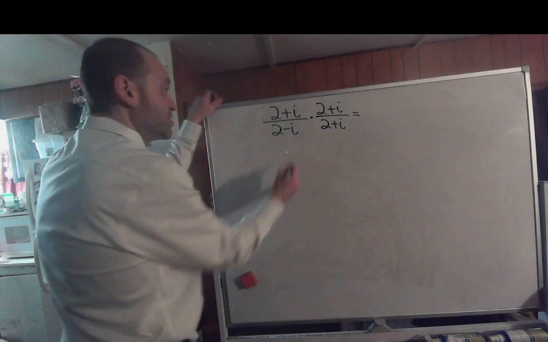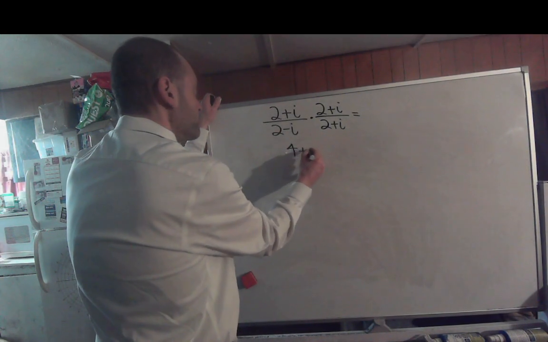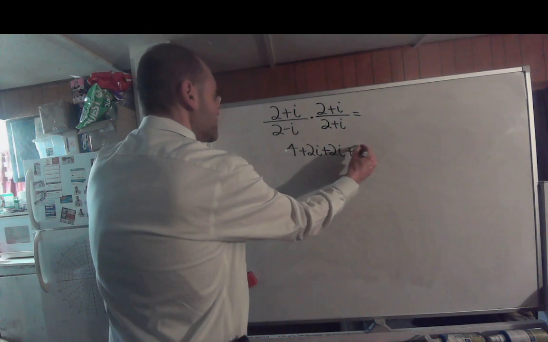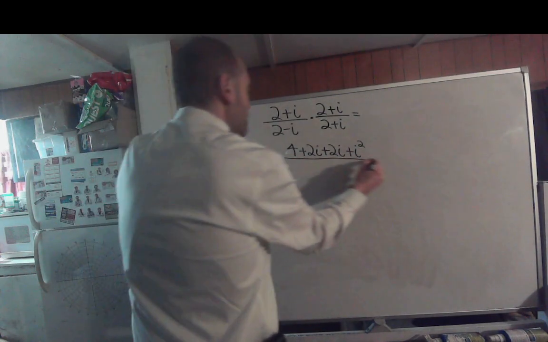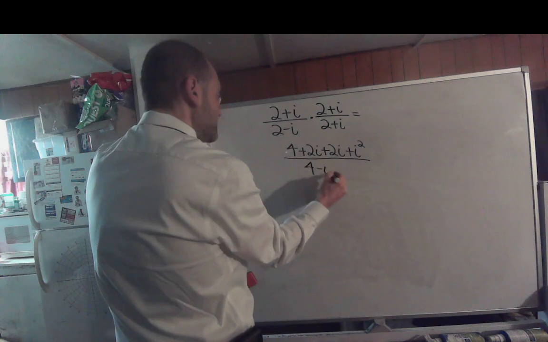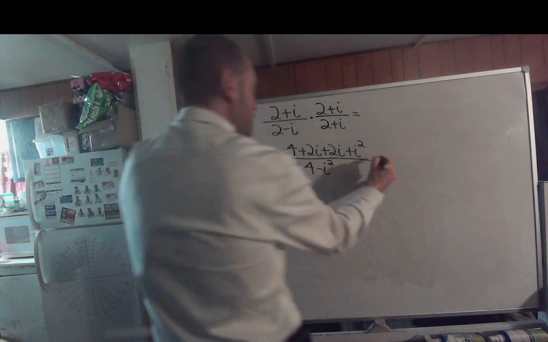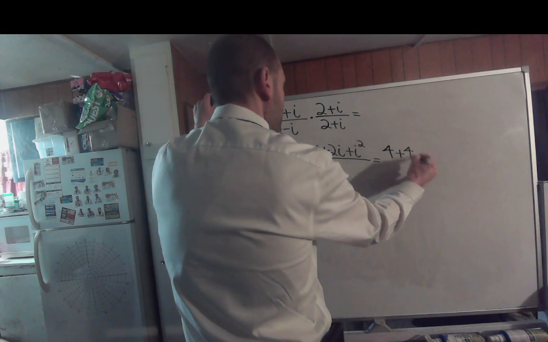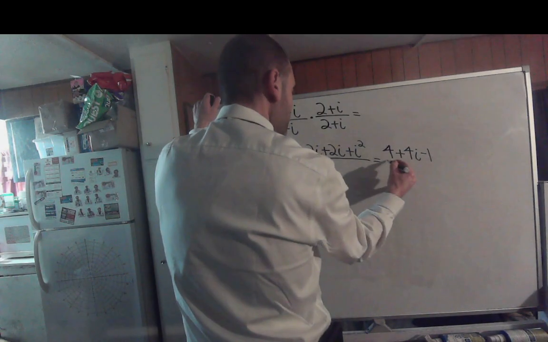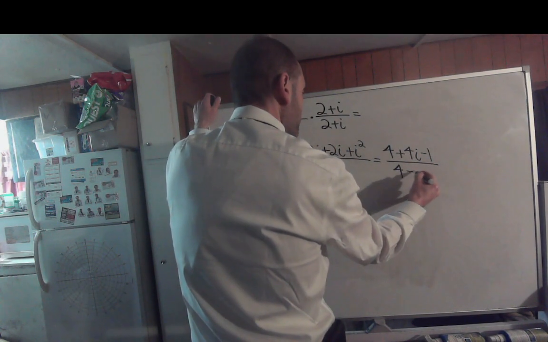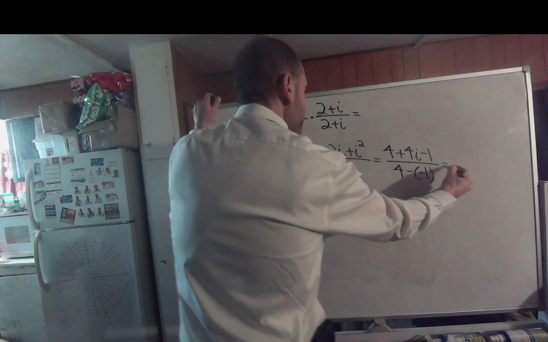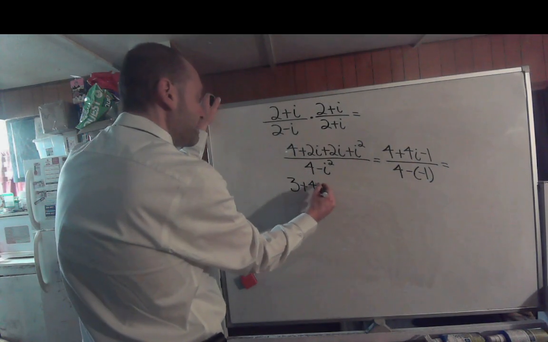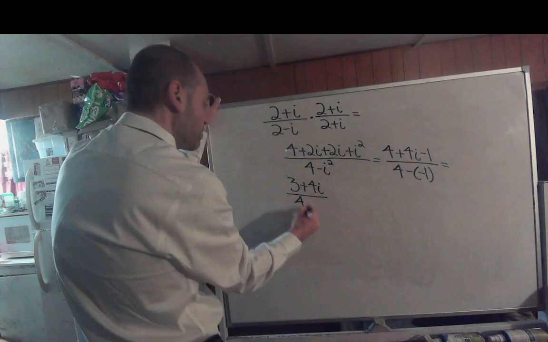So this is going to turn into 4 plus 2i plus 2i plus i squared all over 4 minus i squared, which would simplify into 4 plus 4i minus 1 all over 4 minus negative 1, which would end up becoming 3 plus 4i all over 4 plus 1,